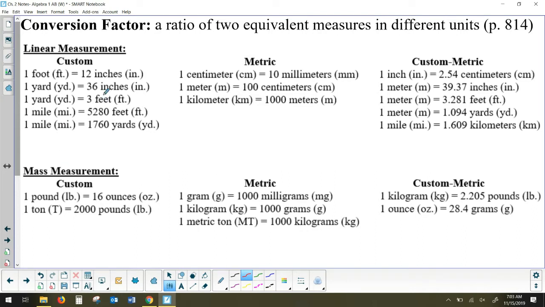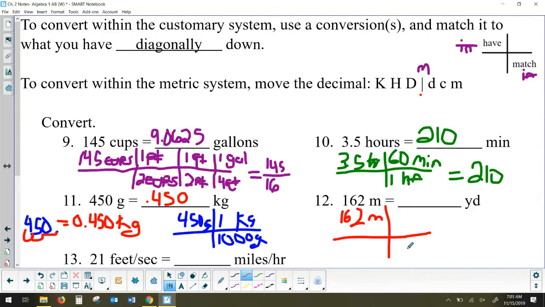Is there anything that does that? Not here. Not here. We look over here. 1 meter's 39.37 inches. 1 meter is 3.281 feet. 1 meter is 1.094 yards. So we have 1 meter